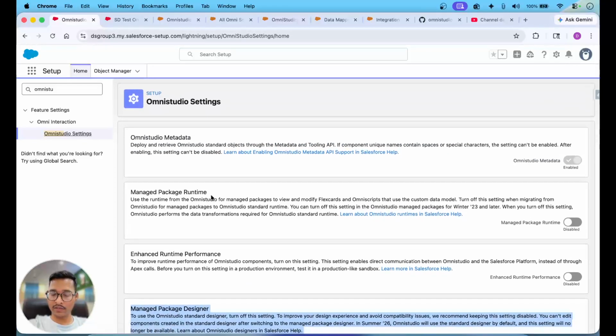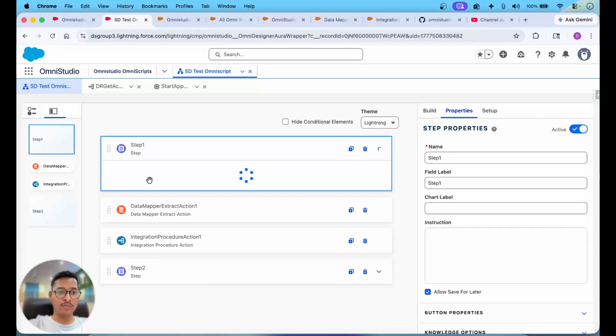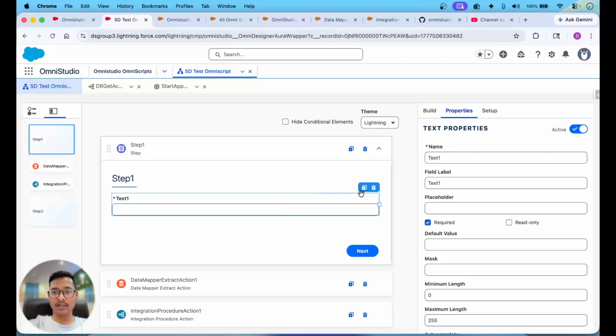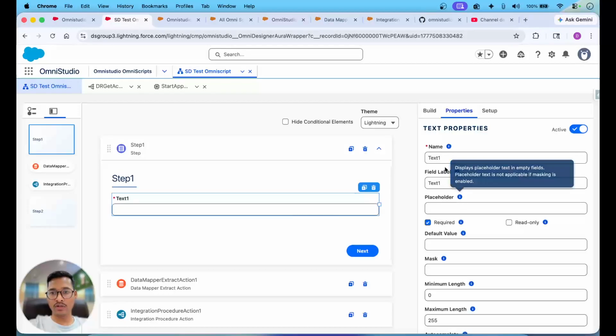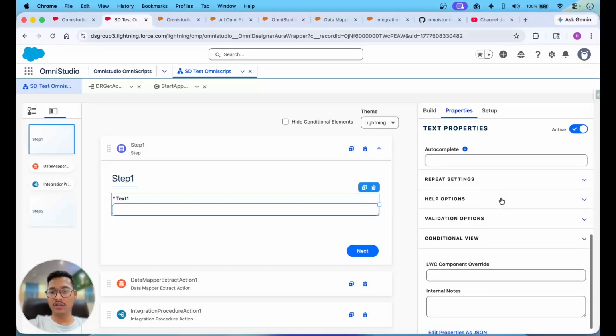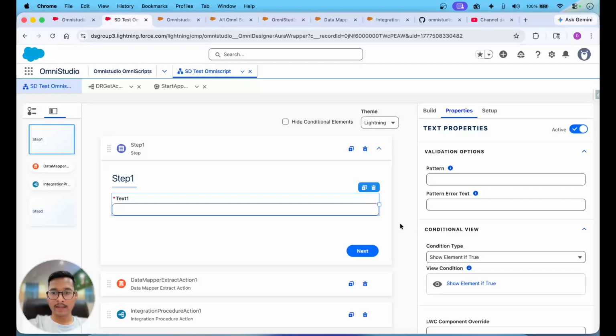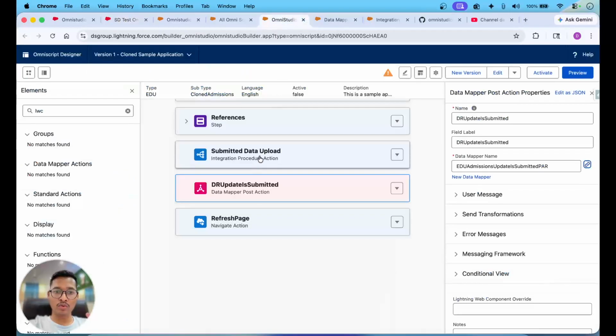Even if you turn on the managed package runtime, the UI is still going to look the same. But the way this works, right? If I open a text input, the name, field label, whether it is required or not, read only or not, the validation options, conditional view, everything would function the same in both standard